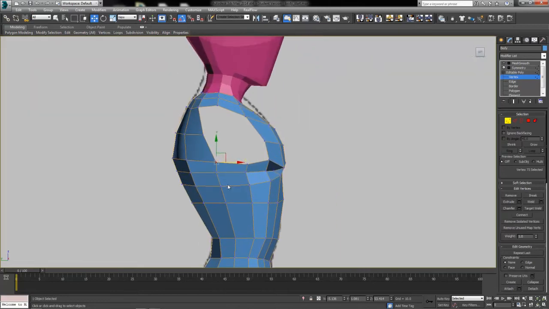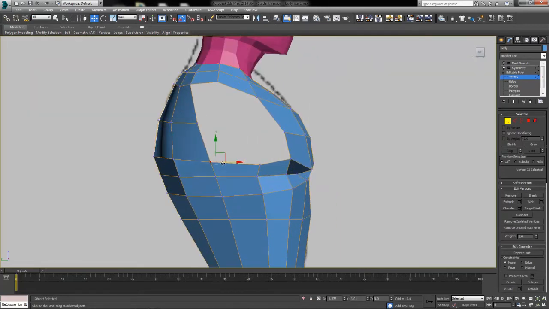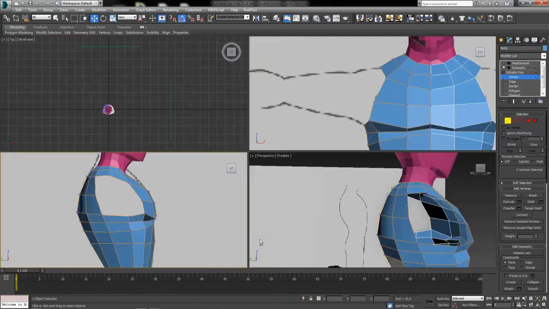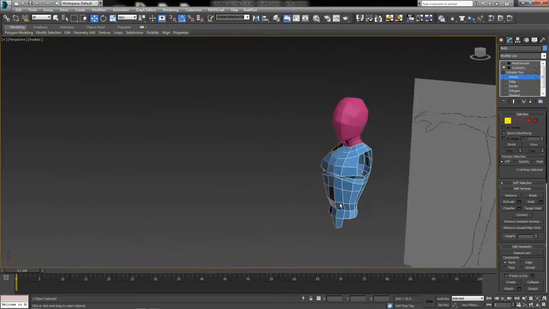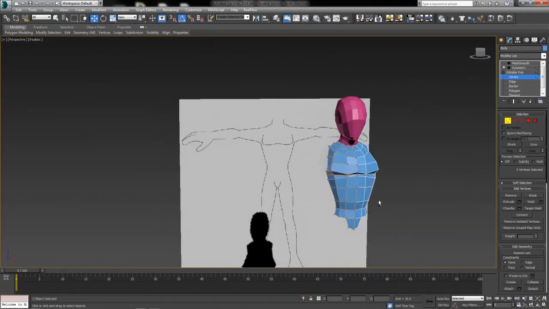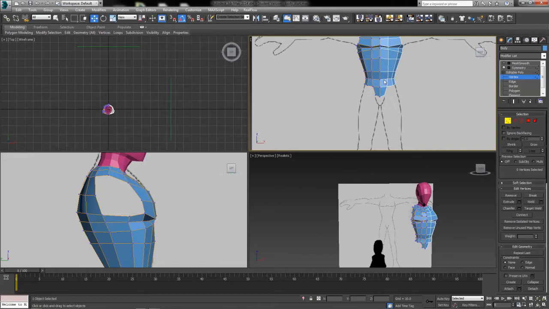If you start to not see your drawing anymore, but the model takes on the shape of the drawing, then you're doing it right. I think we're doing all right. The entire torso is fairly well complete. Not too bad. Alright. From here we can either continue on to kind of create the leg there,